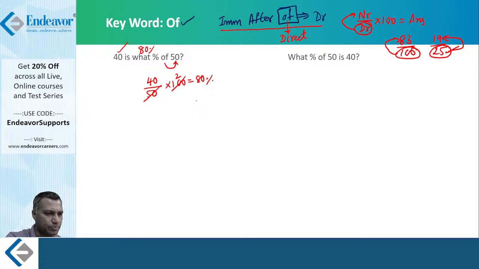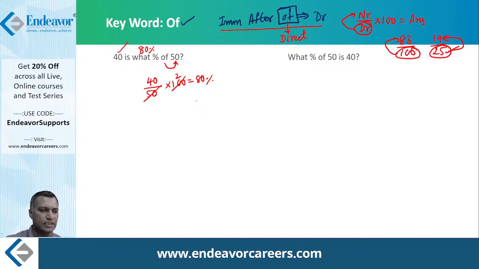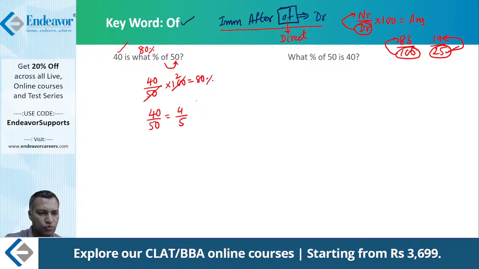Since we already know percentage-fraction equivalents, for the rest of our discussion, for the next 45 minutes, when we get 40 by 50, put this in simplified form in your mind and call it 4 by 5. Even if you don't recall 4 by 5 immediately, bring it as 1 by 5. 1 by 5 is equal to 20%. So 4 by 5 is nothing but 4 times 20%, which becomes 80%. This is how your mind is thinking. Even if you do not directly recognize 4 by 5, that's all right. Recognize 1 by 5, which is 20%, and 4 by 5 would become 80%.